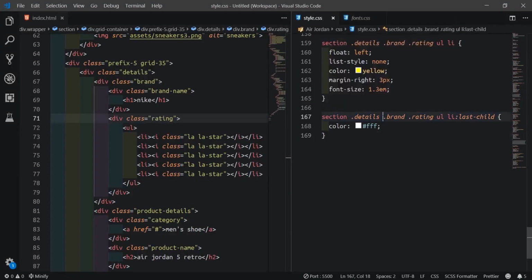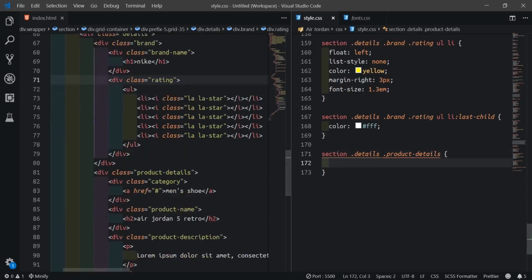So I'll come here and section.details.products. Just to appease, shout out to Sammy, my guy. He sits down near me here. So now the trouble is not defined. So details. Then we'll target this guy now, so product details there.